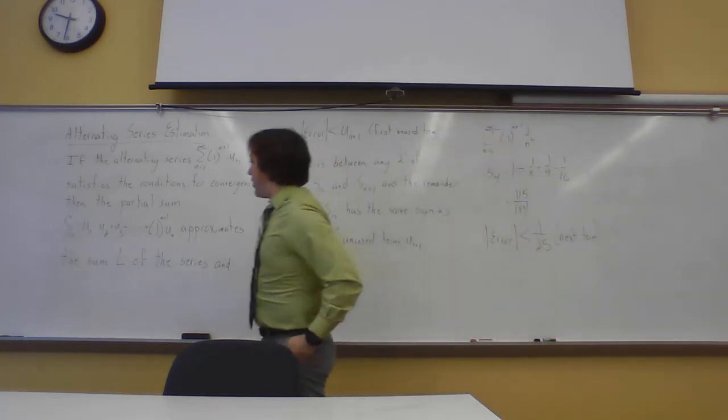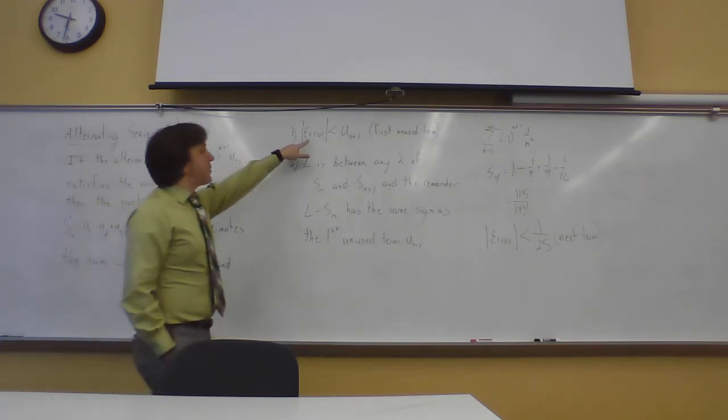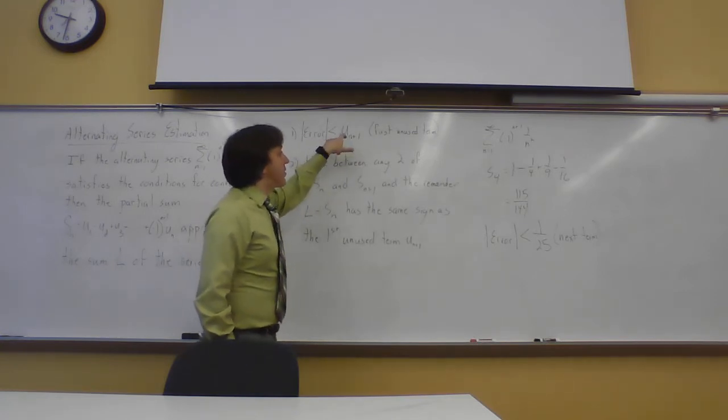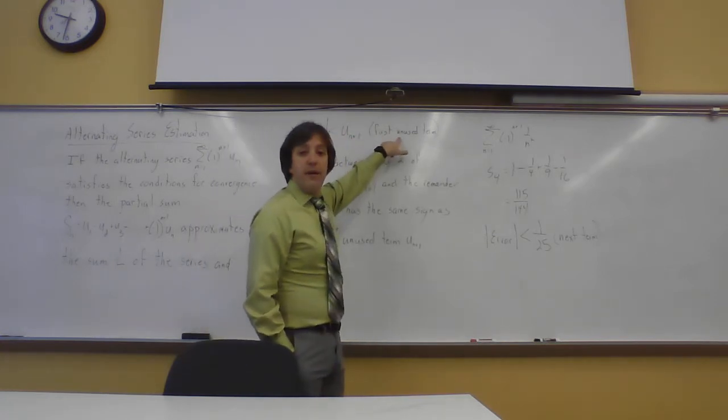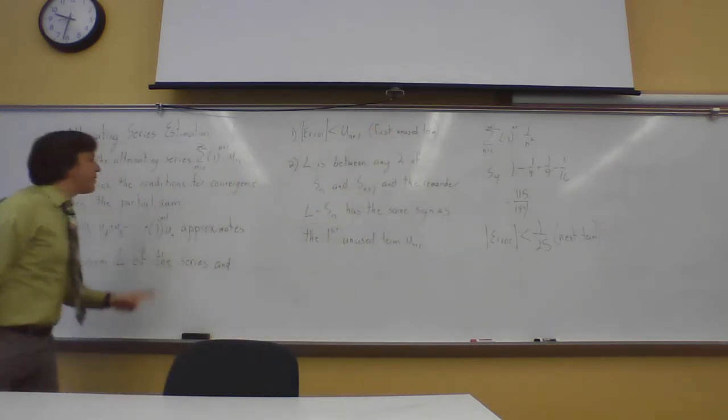Then the partial sum, s sub n equal to u sub 1 minus u sub 2 plus u sub 3, all the way out to that last one, the nth one, approximates the sum L of the series, and we can say two things. One, this partial sum has an error whose absolute value is less than u sub n plus 1. Its error is strictly less than the first unused term. And two,